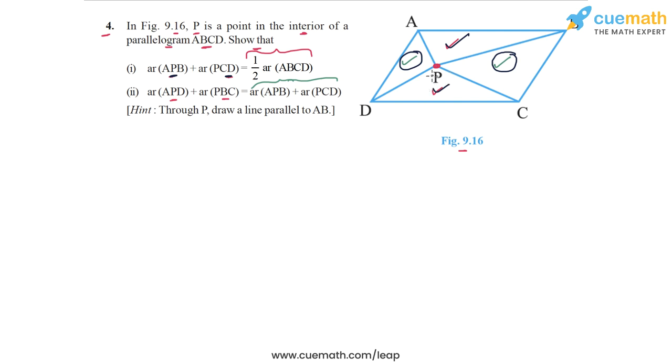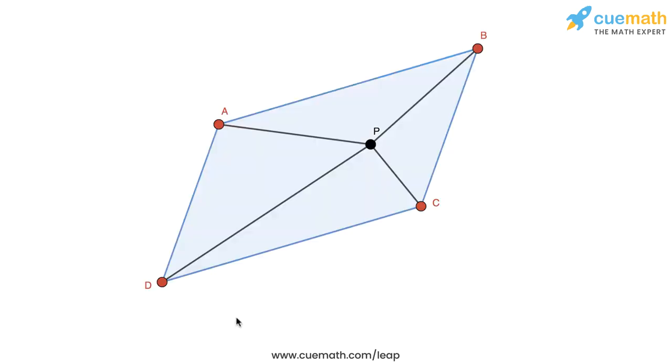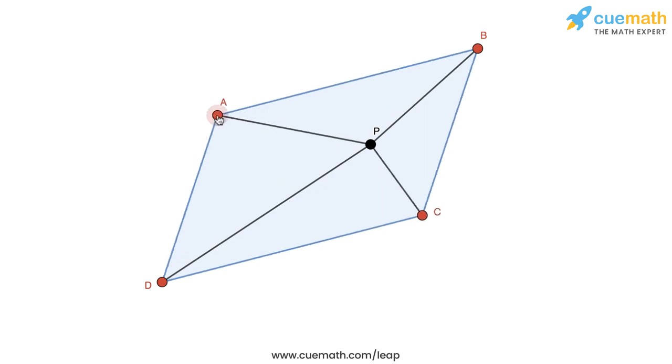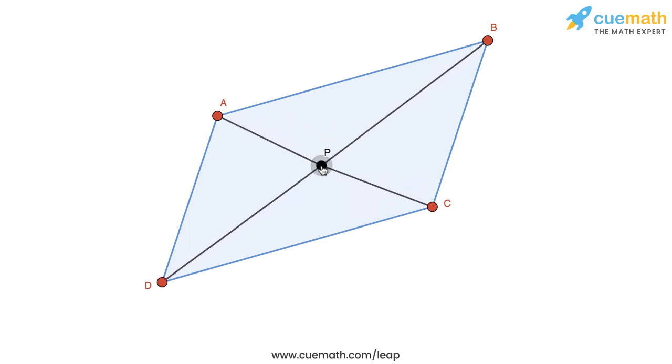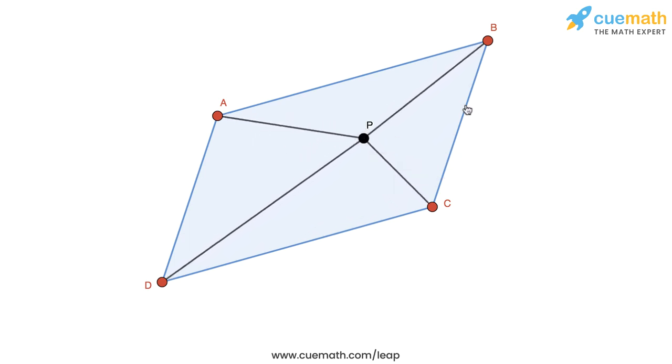So this is what we're going to do in this problem, and to help you visualize the problem better, to help you understand how to solve it, I'm going to first show you a simulation, and then we are going to write out the proof of each part. Okay, so here's a simulation which shows a parallelogram ABCD and a point P inside the parallelogram. If I want, I can change the parallelogram around, and I can also move the point P around anywhere inside the parallelogram. So what we have to show is that the area of triangle APB, which is this triangle APB,